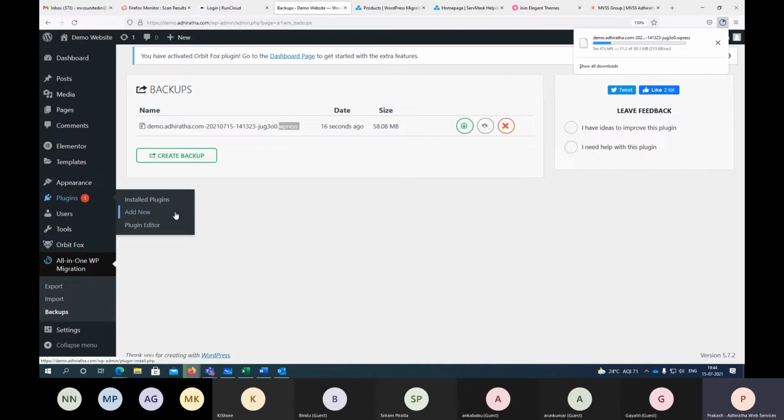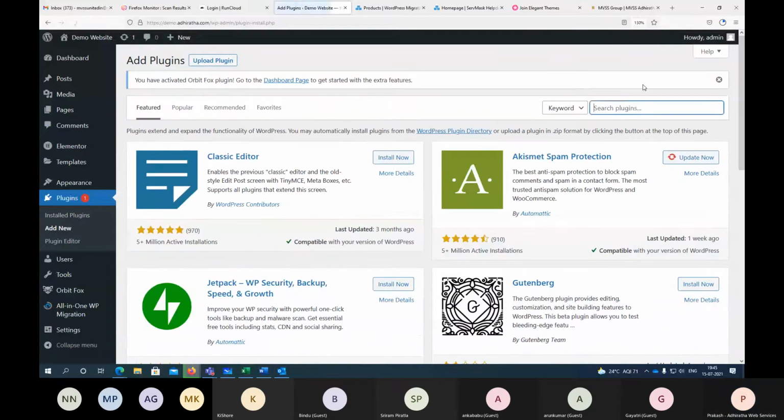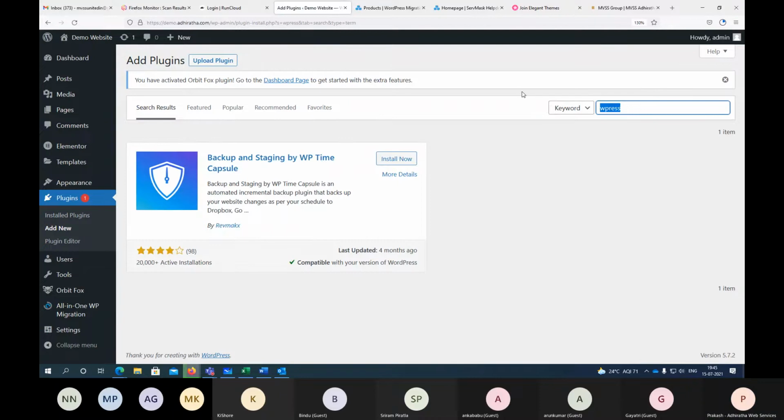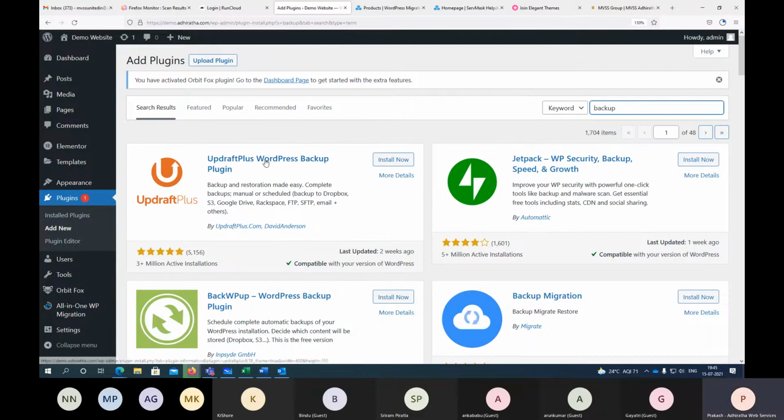Similarly, I can use another plugin, the same thing we used earlier. Updraft Plus, this one. We'll use this one also.